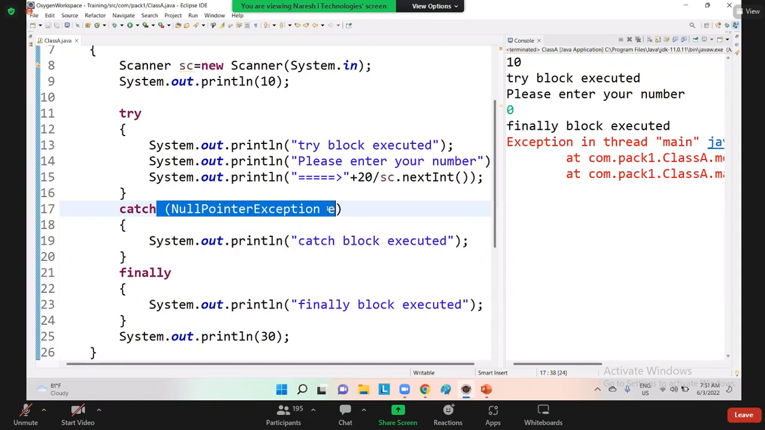Guys, let me be very frank with you. As a fresher, it is very, very hard to know beforehand which exception occurs. But you will be able to know it only with a lot of practice. For example, sir, right now I don't know which exception occurs. Then how do we handle that? In that scenario,